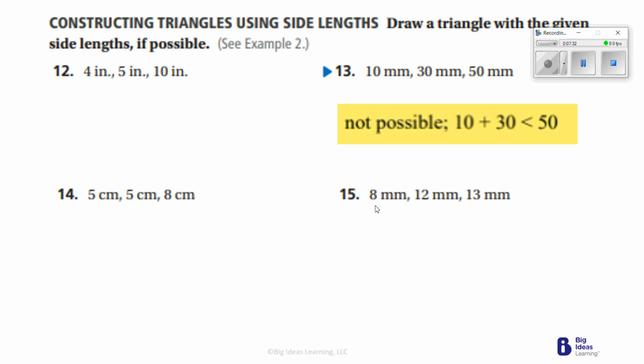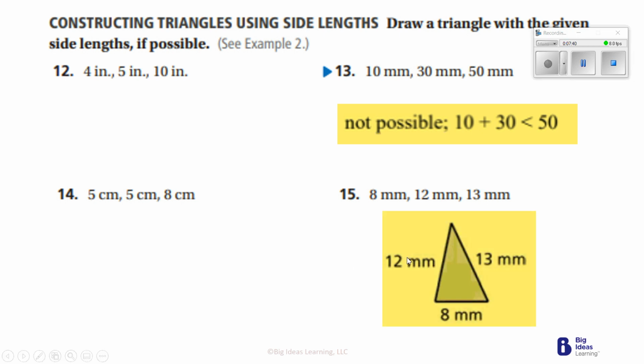On number 15, we got 8, 12, and 13. Yes, you can do this because 8 and 12 make 20. 20 is greater than 13. So 15 is yes. All right, and a triangle would look like this. All right, let's go to number